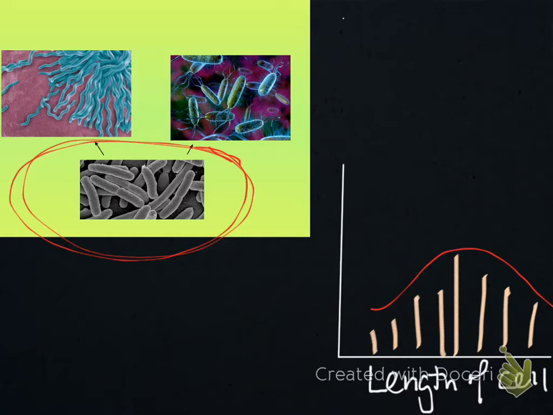Normal distribution. So what if over time that distribution shifts because we get some mutations and we go from having that kind of distribution